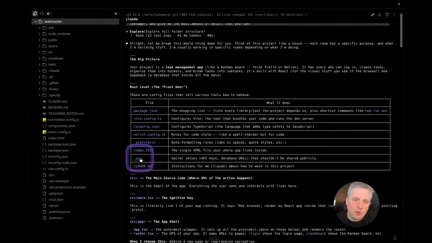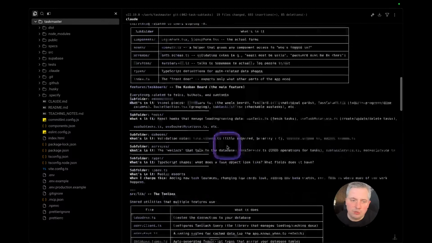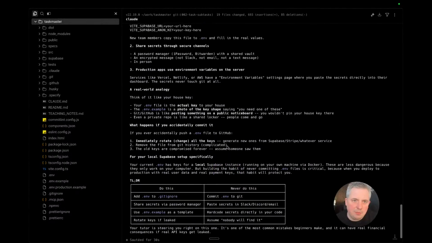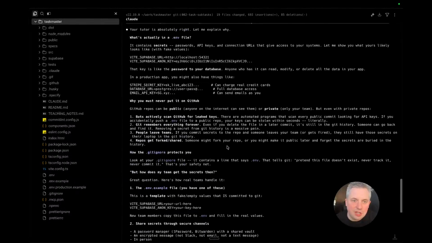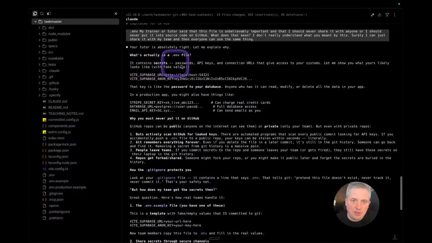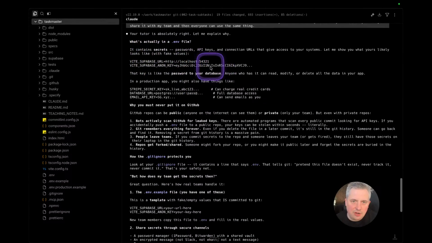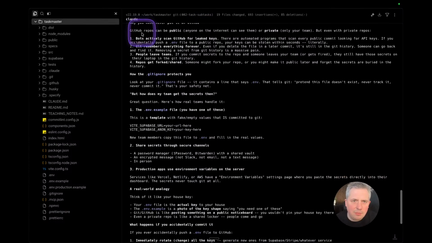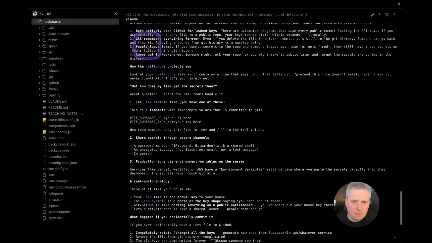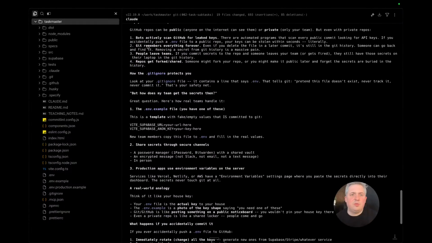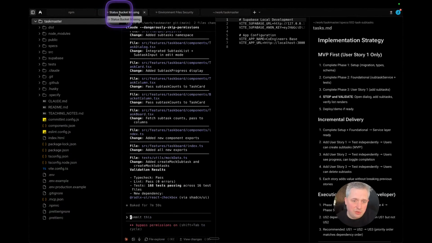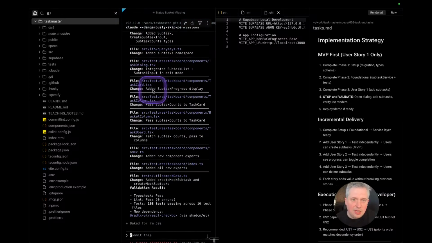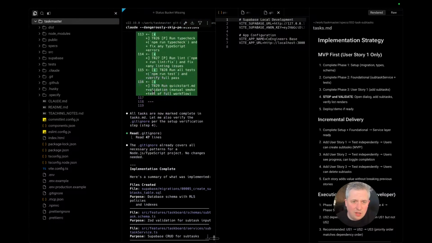If you look here, it said that .env, your secret values, APIs, shouldn't be shared publicly. So important. So now it's given us the most, wow, this is pretty in depth. It contains your secrets, like for example those local keys. It's giving you all the details of why you might not want to share that, which I think is unbelievably important. So in the background, when we've been working,